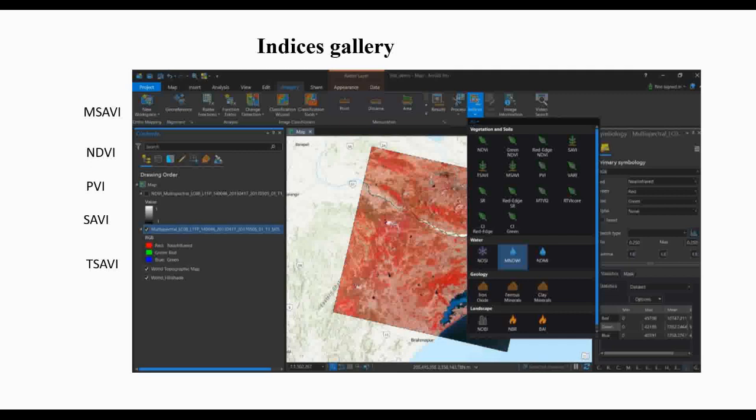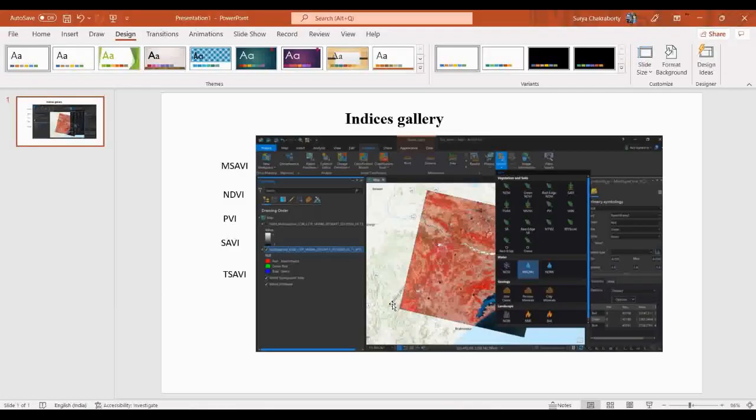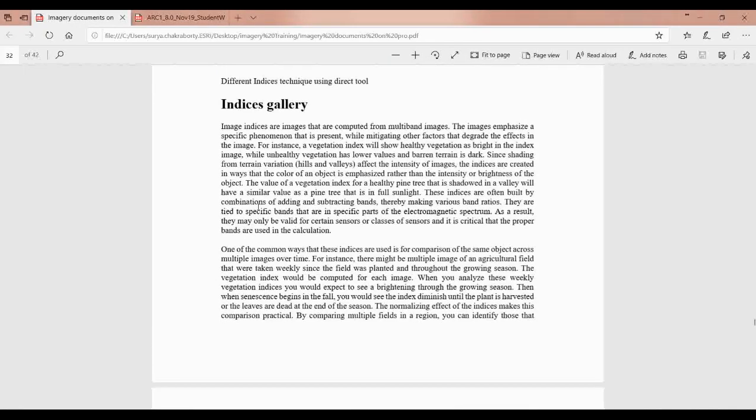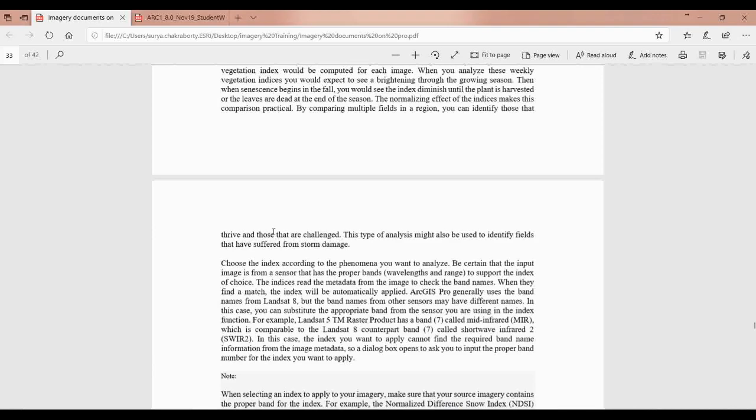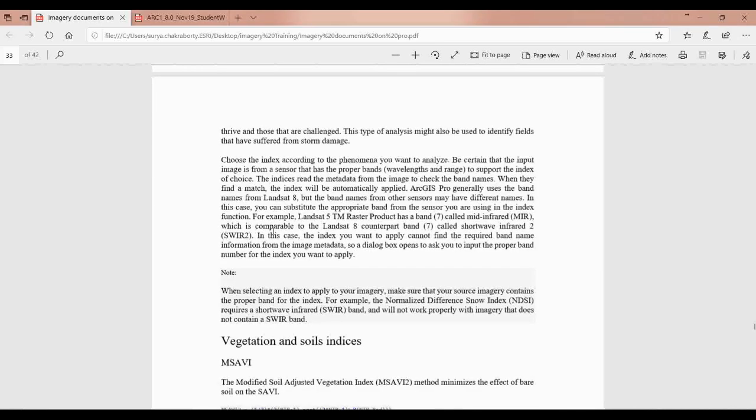Okay, so let's start. Before starting this lecture, I will give you a few pieces of information about this image indices gallery. In the indices gallery you can do various kinds of targeting over the image.